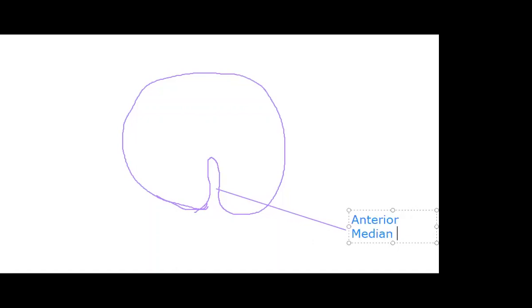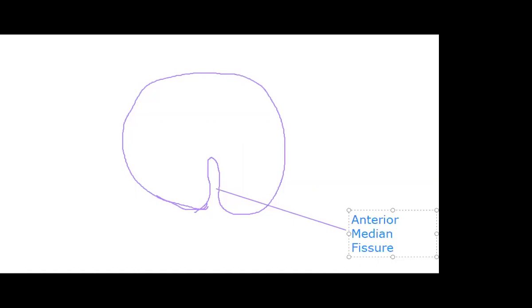That's shallow. What's the other word? Fissure. Fissure, perfect. Anterior median fissure. So we have this really deep groove in the anterior portion of the cord. And then on the